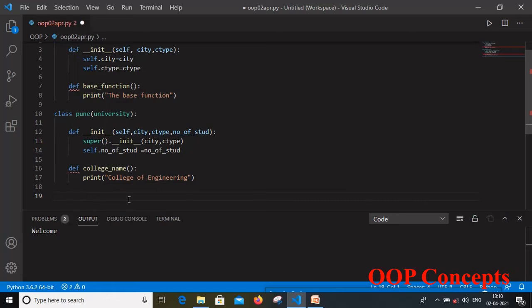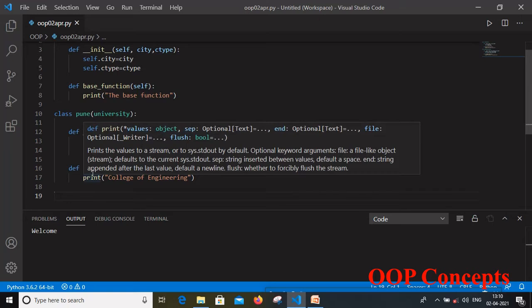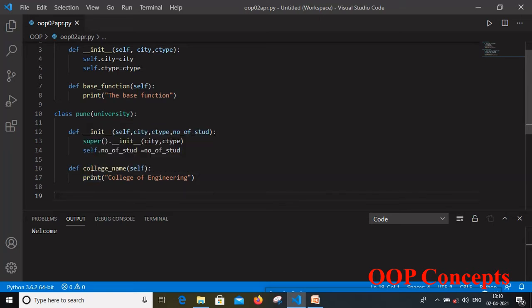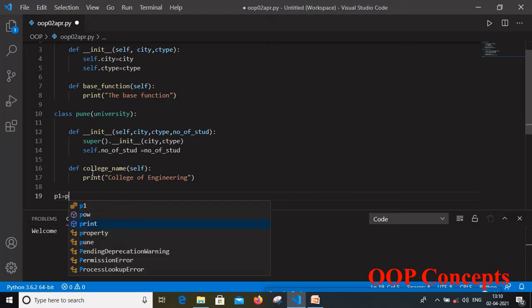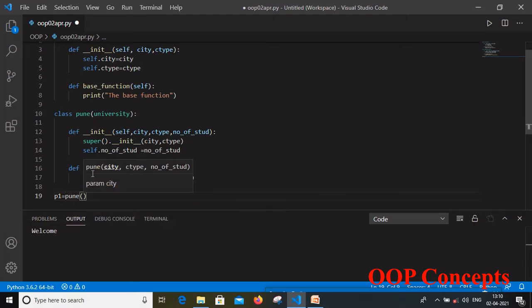For that purpose I have to create a class object. Without a class object we cannot call the methods. The methods we declare within the class require a parameter, and that parameter is self. So self is the parameter required for both methods. Here I use self as one more parameter so that the method belongs to the class. Now I create a class object, let's say the class object is P1. I'll create the class object P1, which will create the members of the derived class.